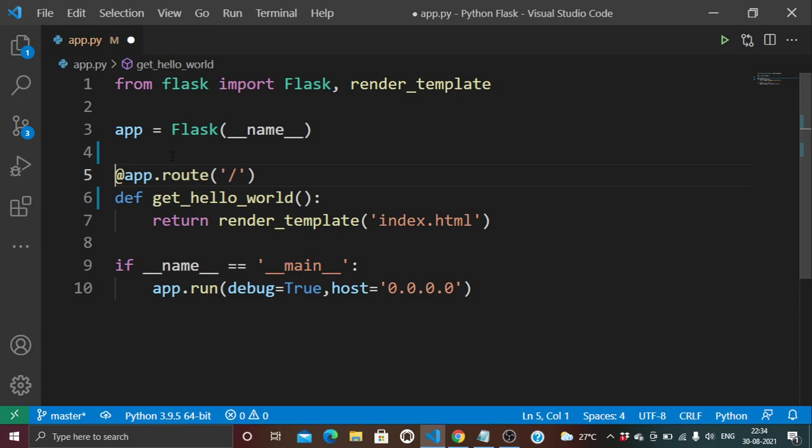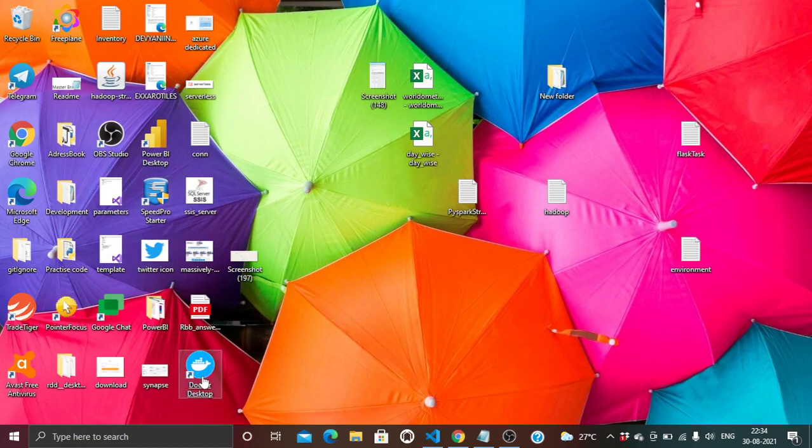In this video, I will practice how to do Flask implementation, how to use Flask for creating a web application, and then creating an image of that web application, and after that running a container of that Flask web application in Docker. So I already have Docker installed, Docker Desktop.